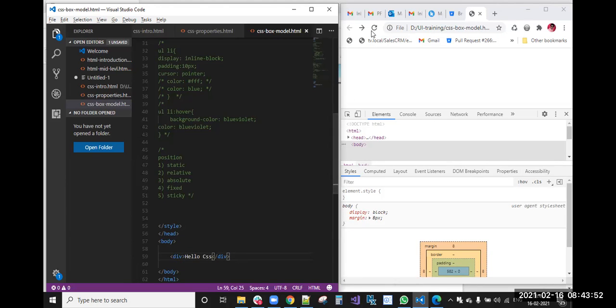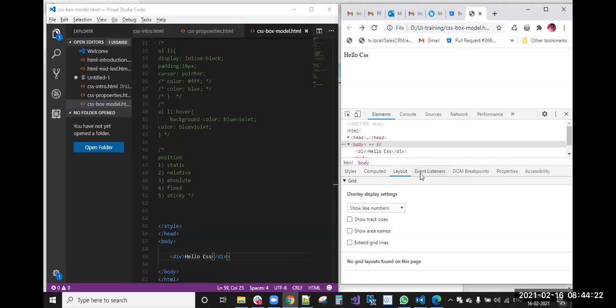If you are not applying any position, by default all the elements are in the static position. So if you are not applying it, that is the default for every HTML element. The default position for that element is static only.